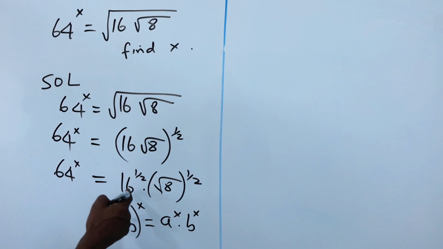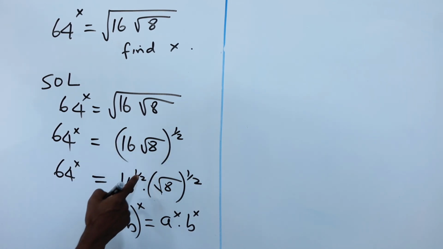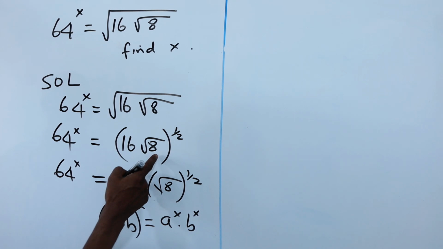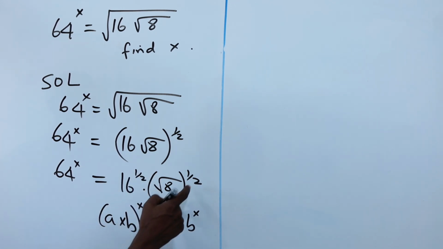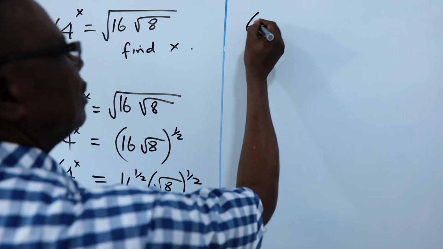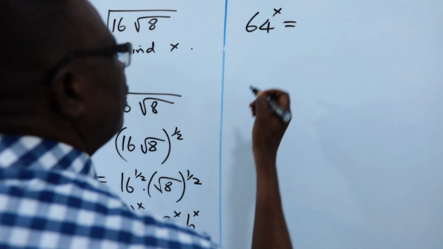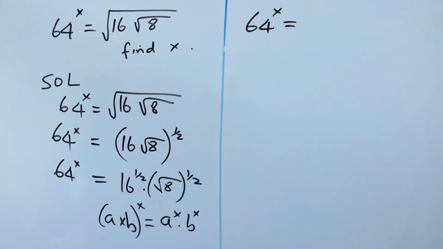We have employed this here. This is 16 raised to power half times root 8 raised to power half. So this is the same thing as 64 raised to power x is equal to